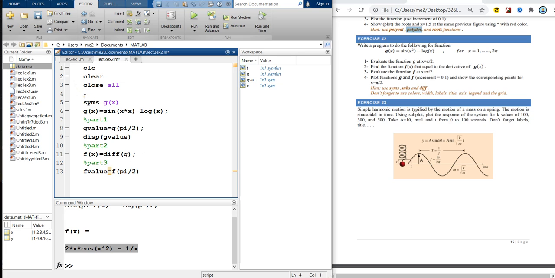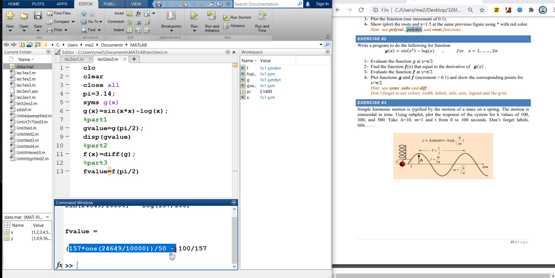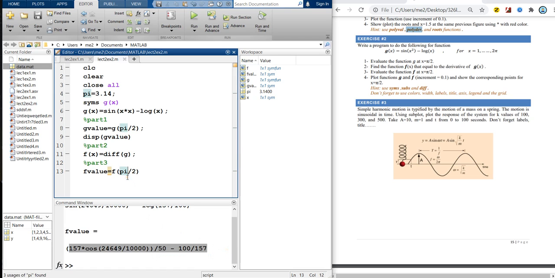We can say that pi equal 3.14 at the beginning, never mind. Okay, run the program, see the result. Okay, next step,